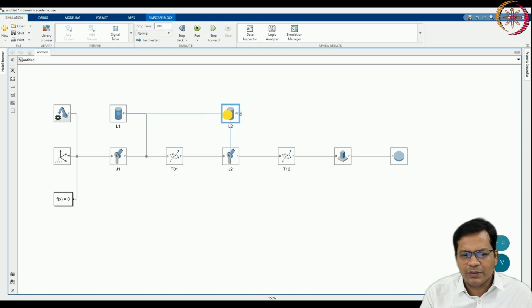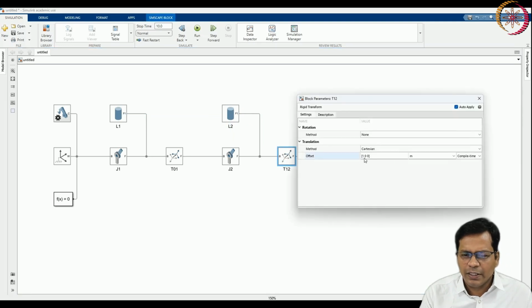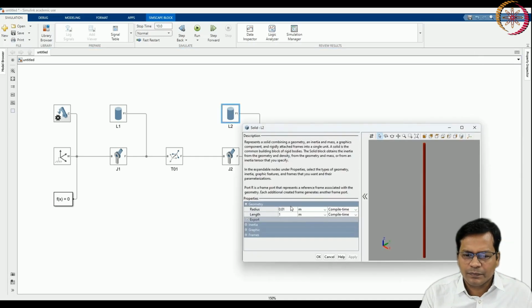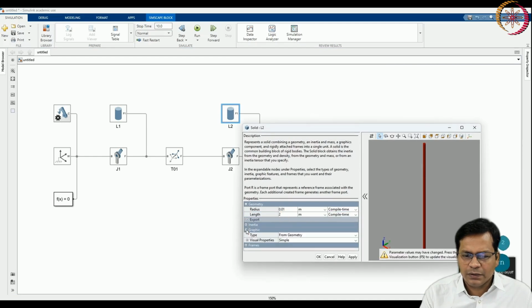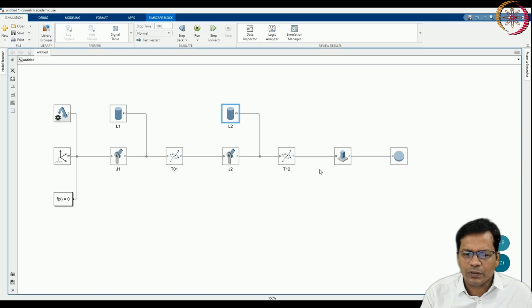Copy and paste. So you can simply copy paste, or you can insert a new block altogether and rename it. Again, offset will be 2 from the Cartesian frame. Okay. So this makes the link length of 2 meter for the second link. Length is 2 meter. Graphic, color effect. So this time it is blue color I want, so 0, 0, 0.8. So that becomes blue almost.